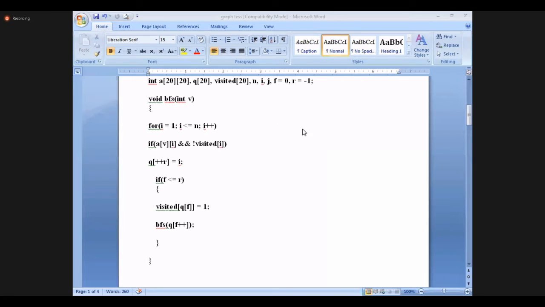Then it will check whether R and F are equal or not, less than or equal. If it is less than, it means it is not visited, so immediately it will mark it as 1 because it is visited, the visiting is over, and then it will make BFS Q of F plus plus.